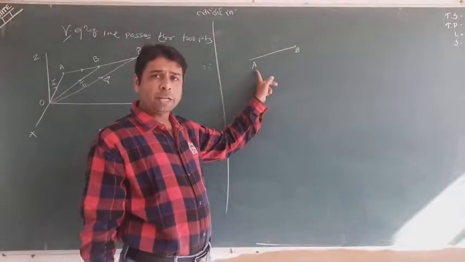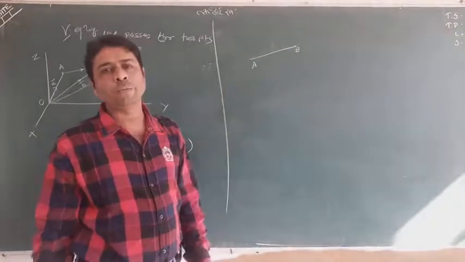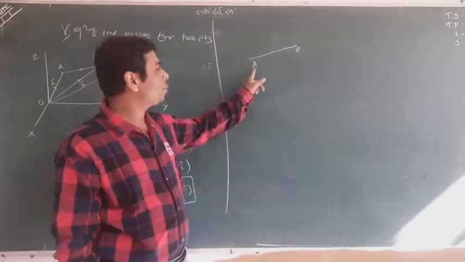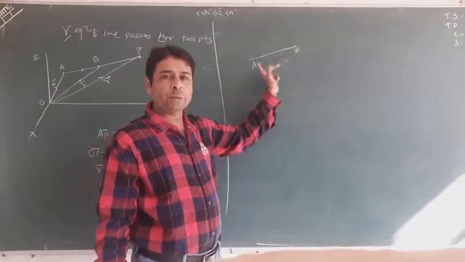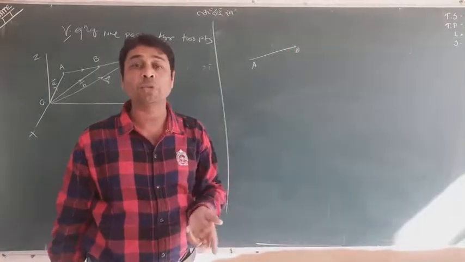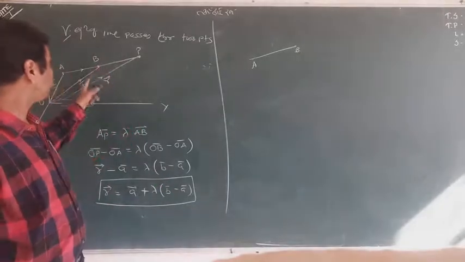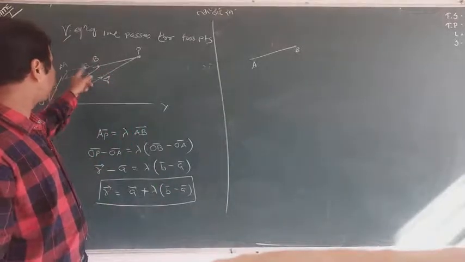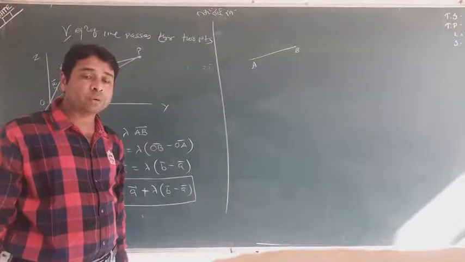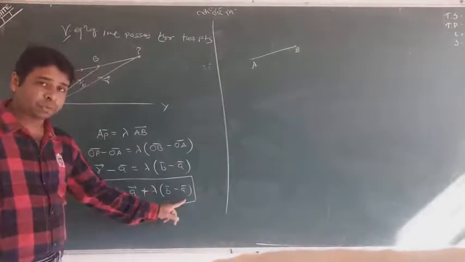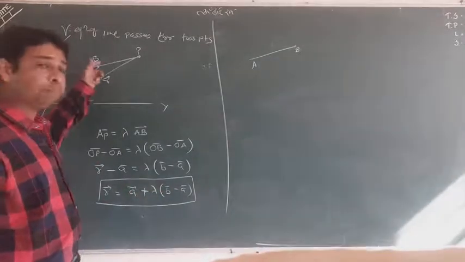You should remember that position vector of B minus position vector of A actually gives you the ratio of a particular line. You know, x1 y1 z1, x2 y2 z2, then x2 minus x1, y2 minus y1, z2 minus z1. What are they? They are ratios of the line joining 2 points. Same is here. This time position vector of B is B, position vector of A is A. So B minus A is none else but the ratio of the line. So if I ask you the ratio of the line, you will say B minus A. And A is definitely the point through which the line passes.